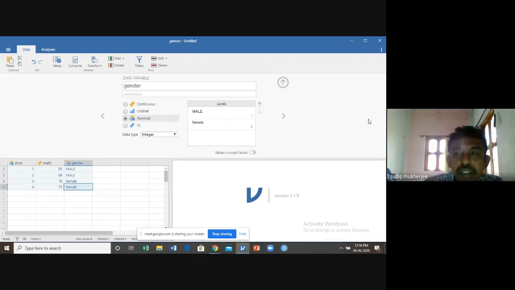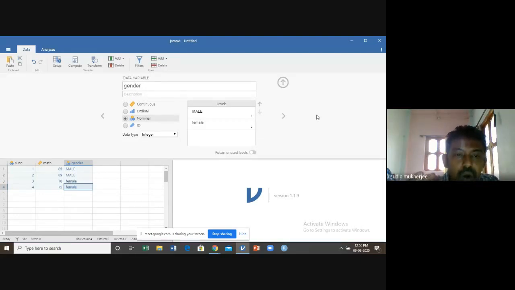So using this particular data variable tab, you can quantify the categorical variable in terms of 1, 2, 3, 4 or whatever you can use. So when you use a Likert scale type variable or a 5-point scale variable, you can also quantify your scale in this particular tab in this form. So one can use his own code for coding the variable type.